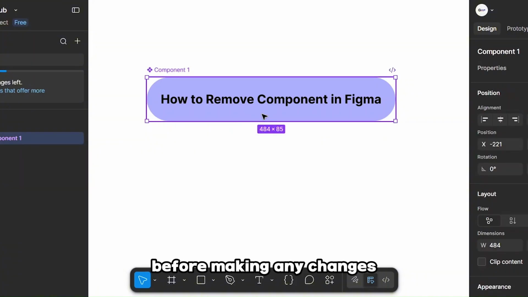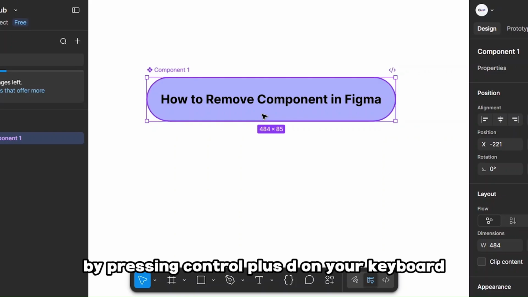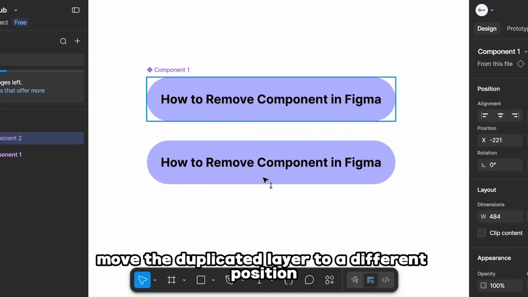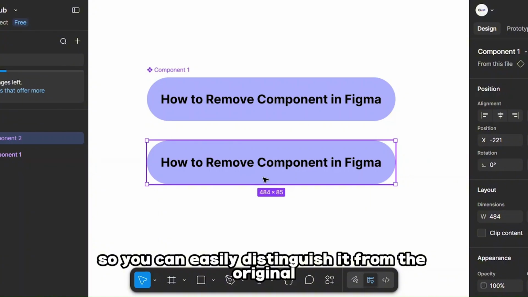Before making any changes, duplicate the selected layer by pressing Ctrl+D on your keyboard. This creates a copy of the layer while preserving the original version in case you need it later. After duplicating the layer, move the duplicated layer to a different position so you can easily distinguish it from the